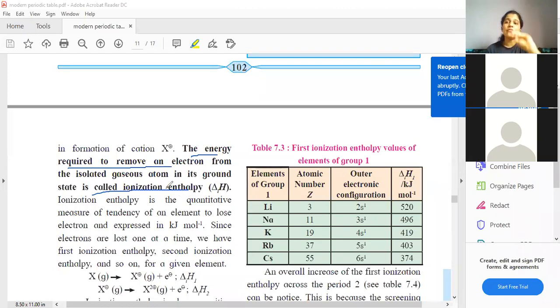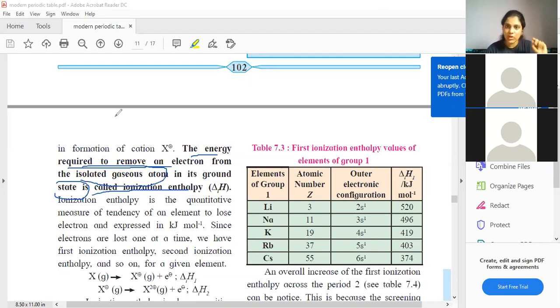Now students, if in reality you want to find ionization enthalpy, you cannot just take any random atom and do that. There is a certain condition for that. The atom should be an isolated gaseous atom in ground state. Ground state means all your elements in the periodic table are in ground state only. Excited state is when you remove or add an electron, or when it forms a compound, when some changes happen. The original state that it is obtained in is the ground state.